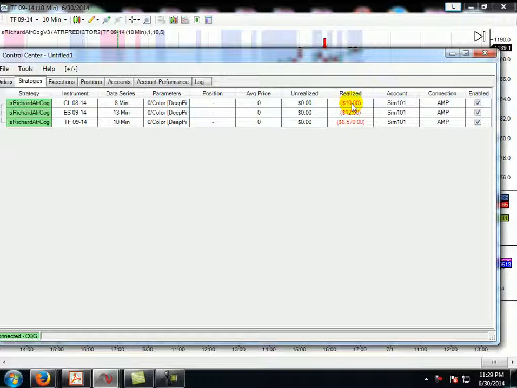This trade here on CL occurred. This was almost immediate. It was in under a minute that it took this trade and then closed it. And it wasn't because of a condition in the strategy, because it didn't even give it the 8 minutes to calculate a bar. So I'm going to pull up